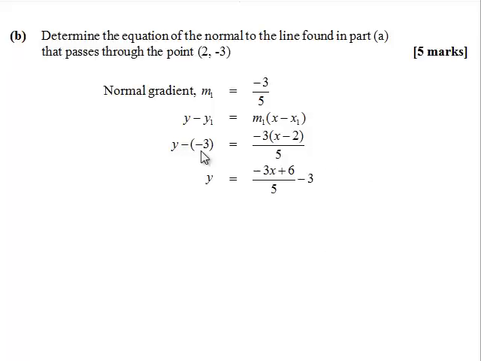The minus minus 3 is plus 3, and when we move it to the other side it becomes minus 3. I've multiplied that 3 into the bracket, and notice that we've got minus 3x, but there's a minus and a minus, so that's a plus 6 there. Put it over a common denominator of 5, the minus 3 becomes minus 15, 6 minus 15 is minus 9,